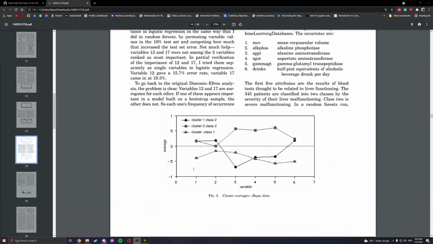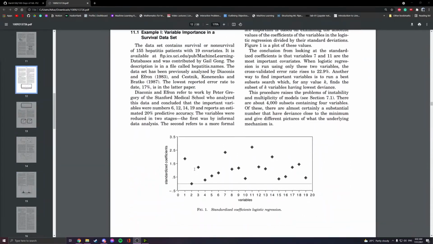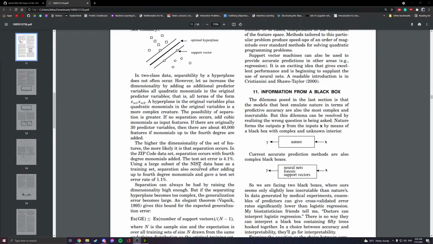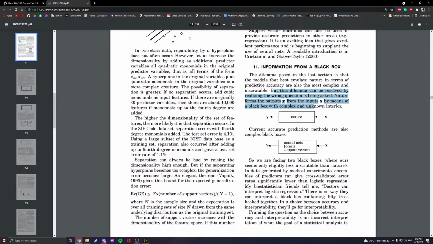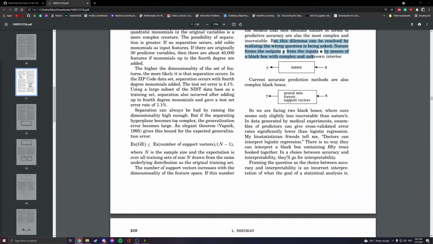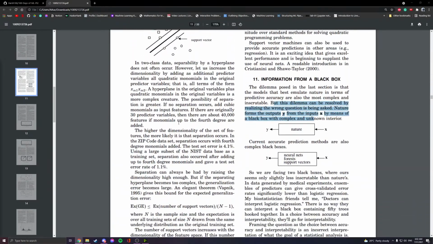Let's review section 11. It's pretty straightforward, to be honest. It's kind of wrapping up all the information that's been provided in the paper so far, and it talks about how it's a continuation of the previous section on the dimensionality issue, and